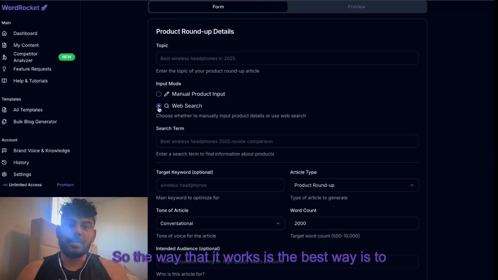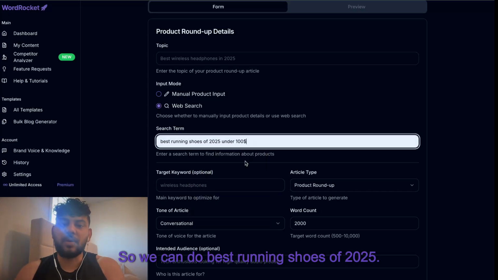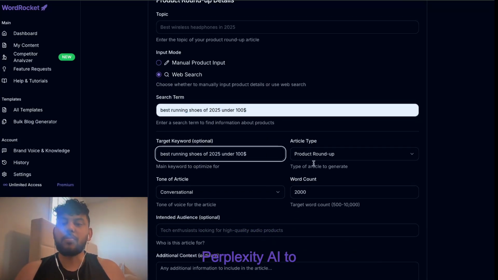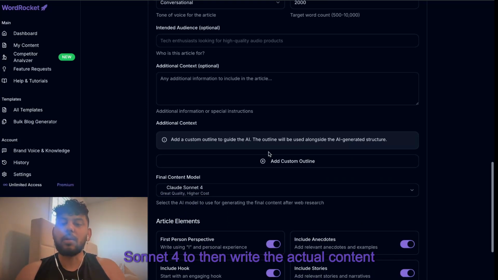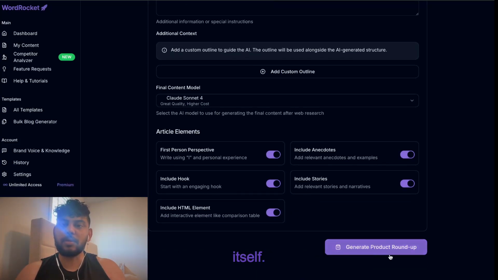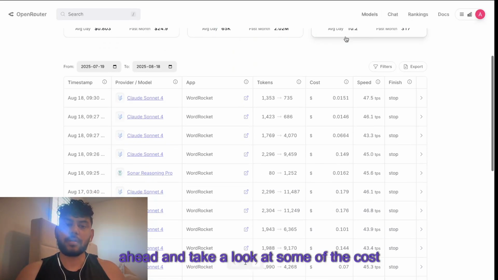So the way that it works, the best way is to do a web search. So we can do best running shoes of 2025. And then again, we're going to be using Perplexity AI to search up the content and then using Claude Sonnet 4 to then write the actual content itself. So while that's being generated, let's go ahead and take a look at some of the cost which we